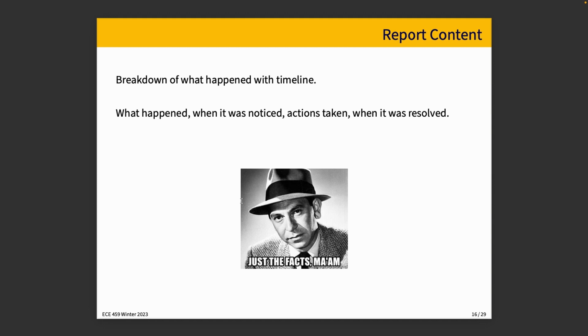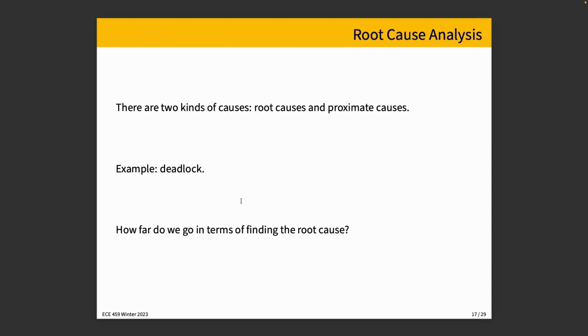Okay. It is important to be factual, right? We're just giving like a dispassionate timeline of events about what happened. And there are two kinds of causes. There are root causes and proximate causes. And this is the most important part, if you ask me, the analysis of why whatever incident we're talking about took place. And proximate causes are things that happen just before the problem or are the trigger that causes the